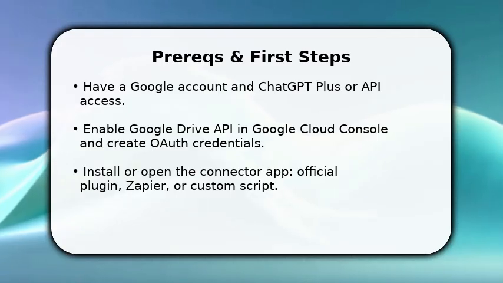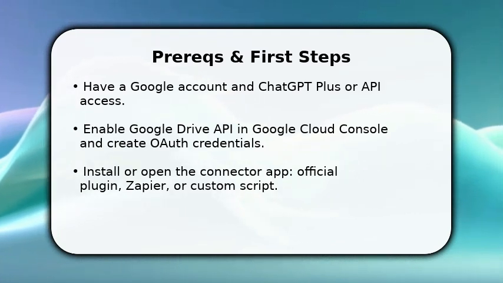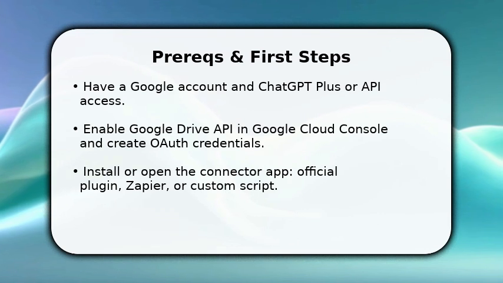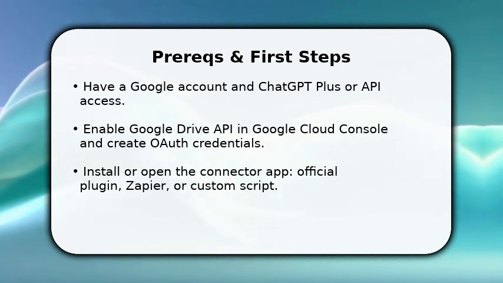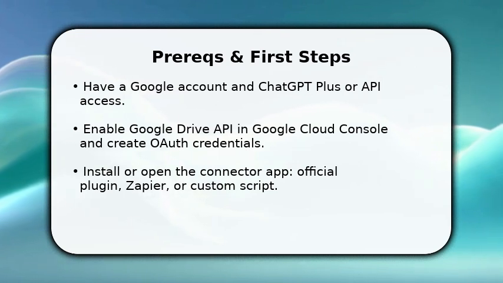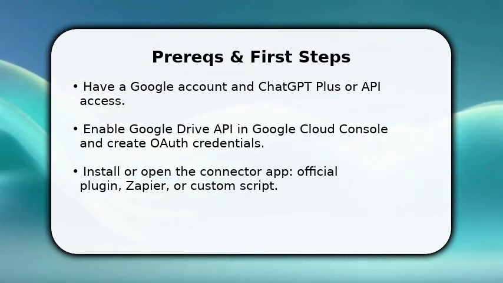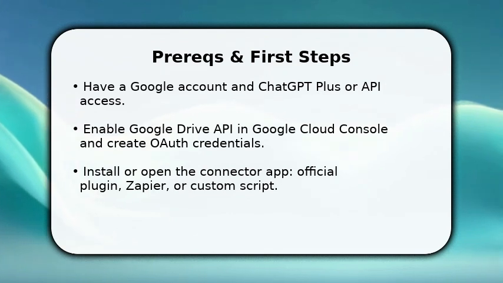You start by confirming prerequisites: a Google account, ChatGPT access that supports integrations, and a Google Cloud project with Drive API enabled. Once done, create OAuth 2.0 credentials and download the JSON or note the client ID and secret. This authorizes interactions. Next, open the integration method, official ChatGPT plugin, Zapier, or a small custom script, and point it